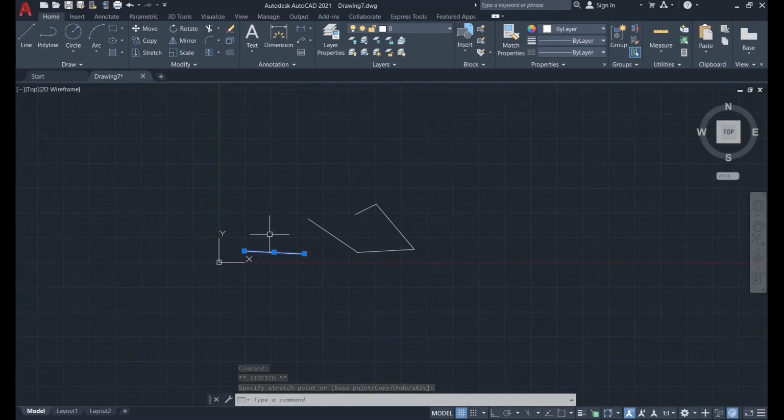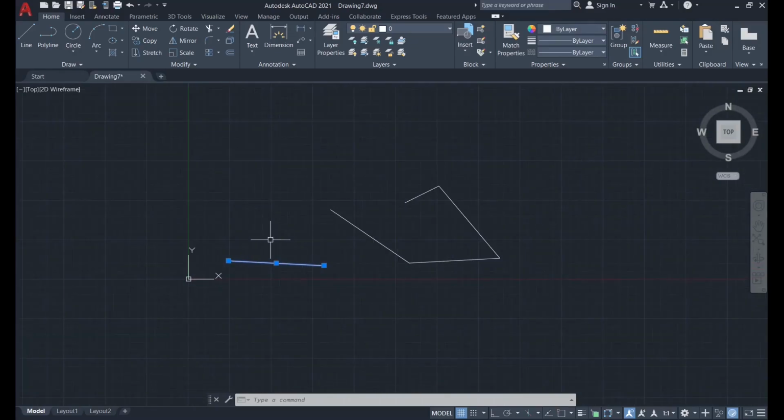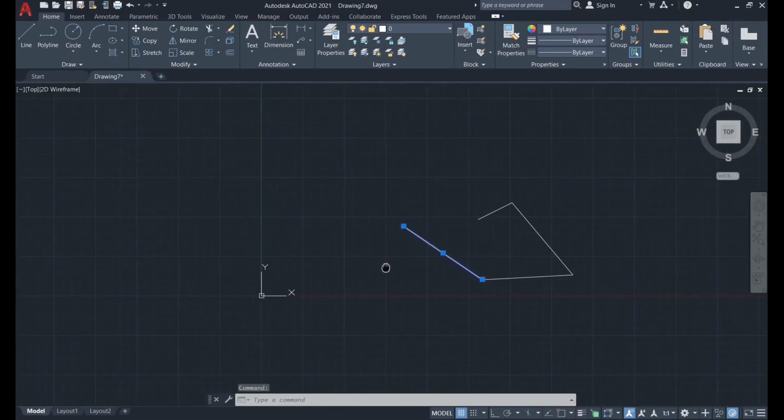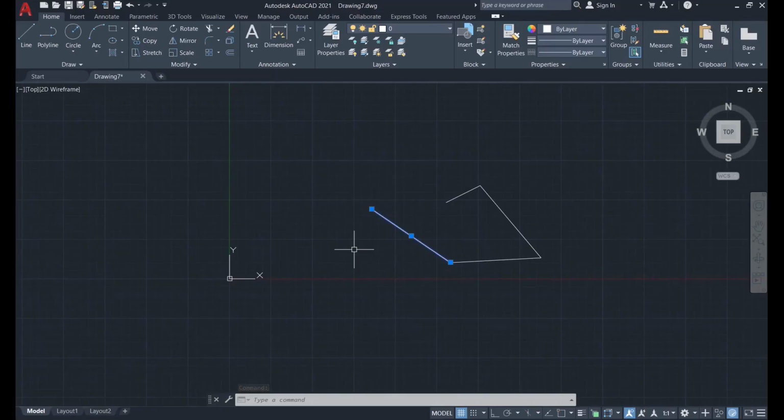Now we have learned how to draw our first line, but this is not very accurate because you don't know the dimension of the line, you don't know the length, how many millimeters it has. So in order to draw a more accurate drawing with the specific dimension, you have to use the